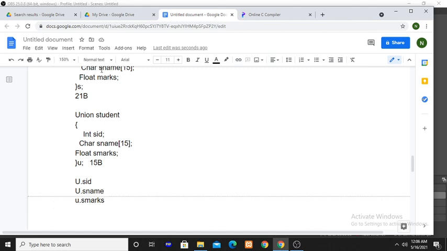In a structure you can hold all the members at a time, so the size of the structure variable is 21 bytes, the memory of all the structure members. Here the size of the union variable is only the memory of the largest data type, that is 15 bytes.